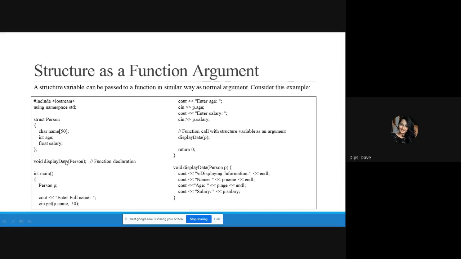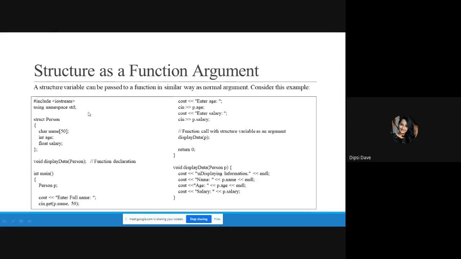Now let's see, if you want to pass a structure as a function argument, is it allowed? Yes, it's allowed because a structure is also a data type, not a basic data type, but a user defined data type, right? But if you want to access the structure members, you must have the variable, right? So the structure name becomes the data type and the structure variable we can use for accessing the structure members, right? So it is similar to the basic data type. If you want to assign some value to a basic variable, you first have to declare that variable, assign the value, and furthermore you can use it.